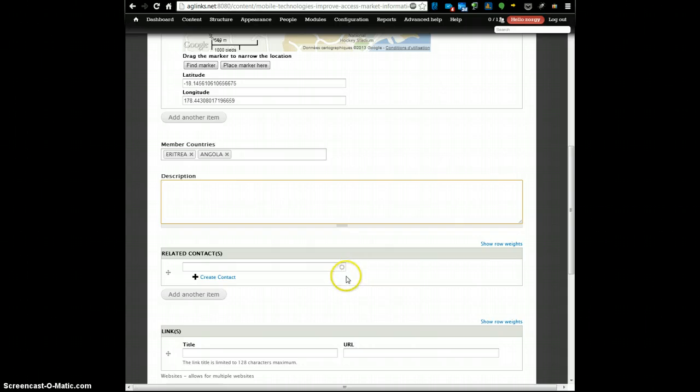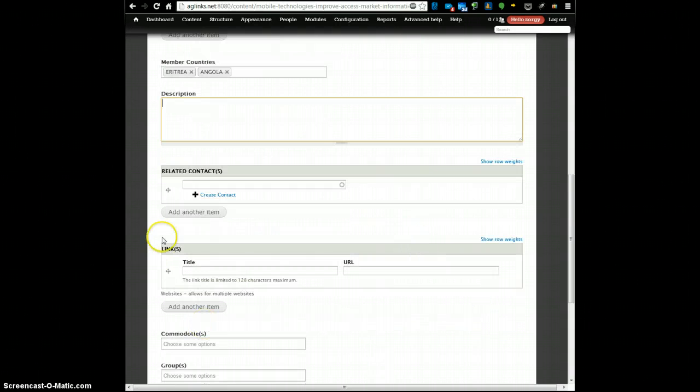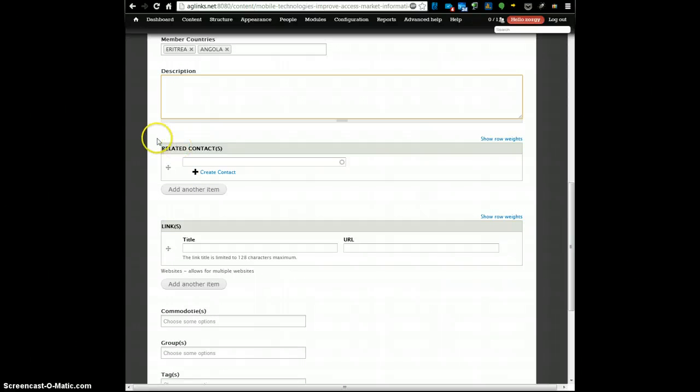Here's a simple description, which is a really simple field. It's just text. And here is another important field, which is related contacts for this organization. Knowing that you have another content type, which is contact, here you can make a choice of different users. So you just type the first letters, and you try to find